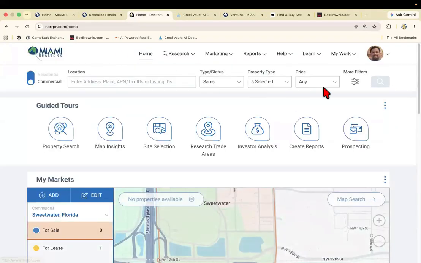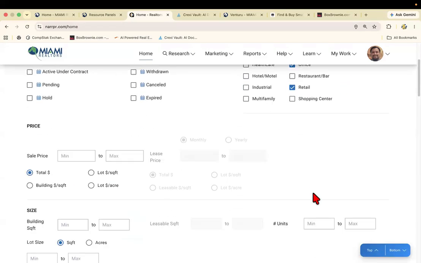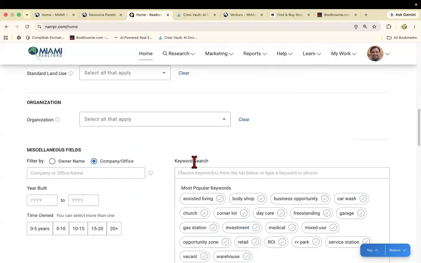Inside of RPR, because RPR does pull listings from the MLS as well as Craigslist and Brevitas, you can jump directly inside of the system. You can look using general commercial right over here. And then what I would do is look right here under keyword search. I would enter the exact type of property or the type of businesses that you're looking for, because I've been with the board for 11 years,